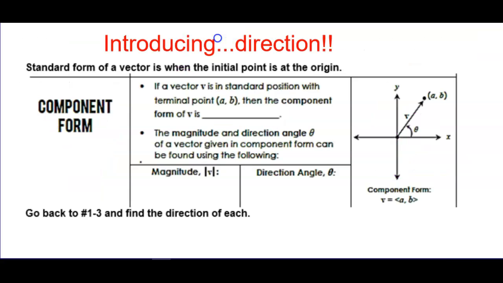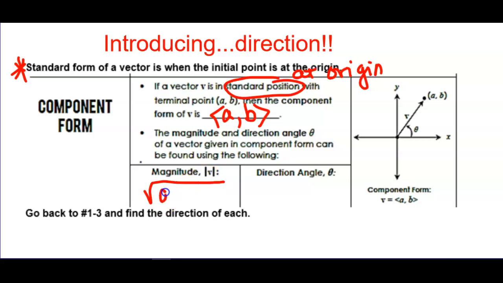All right, but today we're also going to talk about finding direction. So if a vector is in standard form with the terminal point AB, then the component form, if it was in standard form, meaning at the origin. Okay, so standard form of vectors when the initial point is at the origin. I should have read that line first. Okay, then if it ends at AB, it went A to the right and up B, so the components would be the same. The magnitude and direction angle of a vector is given by, well, the magnitude is simply the Pythagorean theorem,